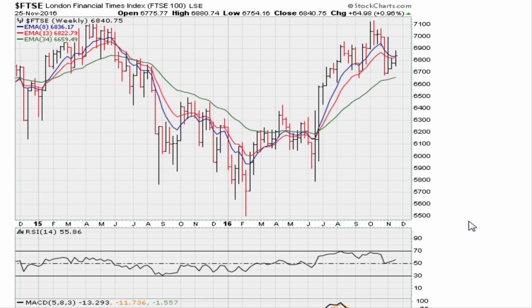As far as the FTSE is concerned, it continues to show this line of support on the weekly RSI. It also continues bouncing above that RSI 50 level, just like it did here for these lows. We bounced on the RSI 50 level the last couple of weeks. So as long as the market is above the blue line, and as long as the market is bouncing nicely on RSI 50 on the weekly, let's assume that this market continues to be stable, if not with a slight